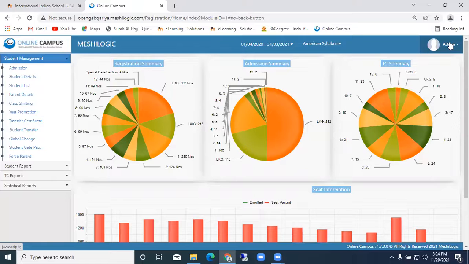Actually, here we don't have a secret account. Whatever it is, it is a completely transparent system. In that case, they will collect the fee in miscellaneous. Otherwise they will not collect that fee in the system. They will collect it by hand and give a hand receipt. That totally depends on the school. This system is completely transparent. So this may be another factor: most of the people don't want to go for the online system because they don't want the entire thing to be transparent.